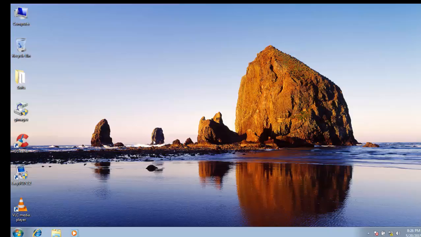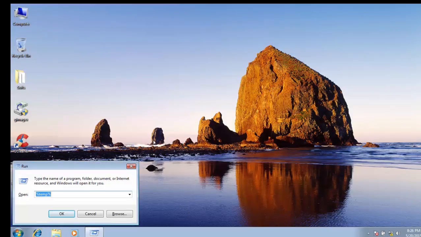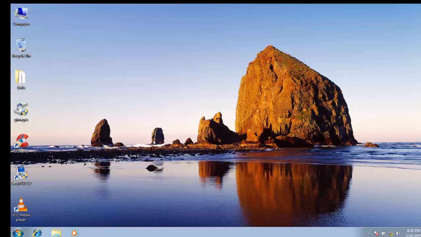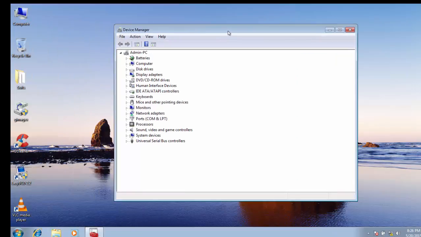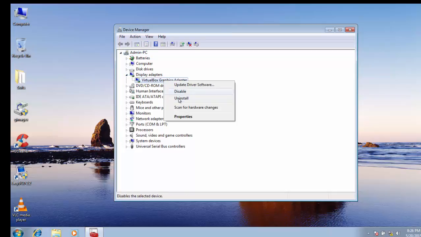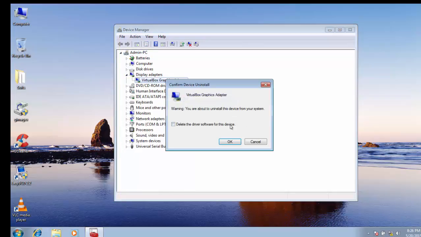And the main thing is the device manager. In this device manager, if you are installing this customized operating system on the same kind of laptops or computers, then you can keep all the basic drivers. Otherwise you have to uninstall all the drivers. For example, this one, let me do it.